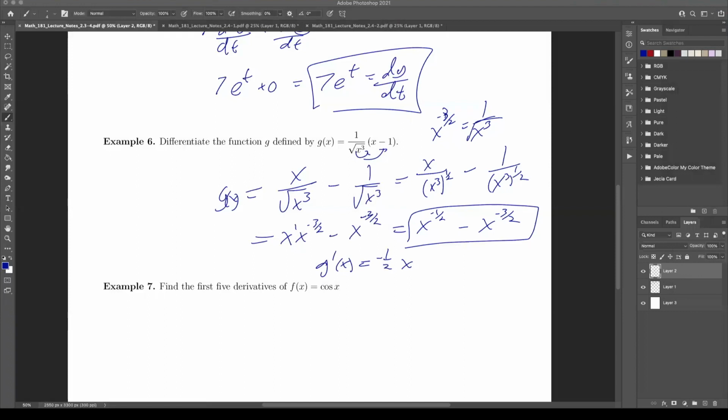So here, our power is a half, so we put that up front, and then 1 minus a half would be minus 3 halves, right? Then here, I have this power, and I'm going to drop that up front, so minus 3 halves, x to the 3 halves, and then x minus 1 would be x to the minus 5 halves. Okay. And then if we just simplify that a little bit,